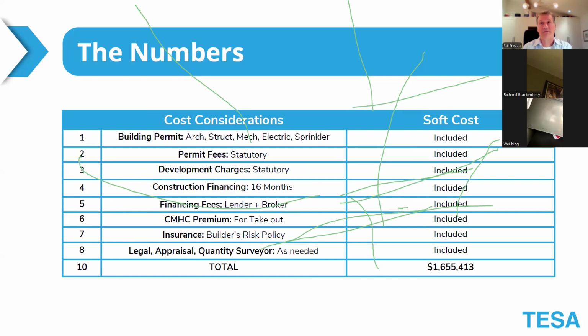On the soft cost, again, the differentiation between hard and soft is that hard is your materials and labor. All the ancillary services, the building permits, the fees, the professional services, whether it's engineering, architects, planners, we refer to those as the soft costs. So here we're breaking down the numbers in terms of what the soft costs look like. And here we've got the building permit and that whole entitlement process. We've got the building permits, statutory, as per the city. Development charges. What's interesting is that there are no development charges in the 416 up to 6 units,